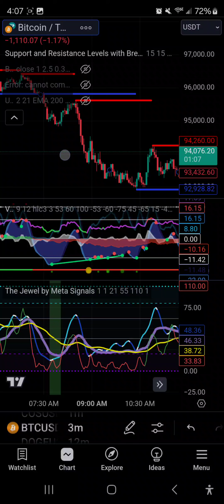confluence for how often, if we took a long at these green bars, it would have resulted in a profitable trade. And we're going to go in reverse chronological order, so we're going to go backwards, and when I see it, I'll pause for a second. So here, this would have been a God mode alert to buy, but it clearly would have resulted in a